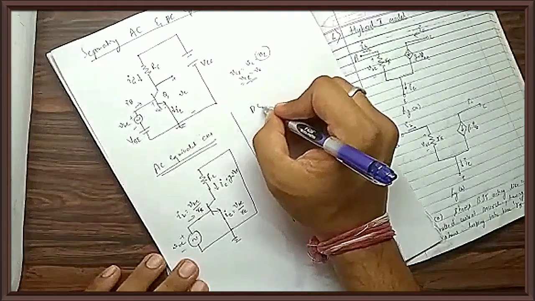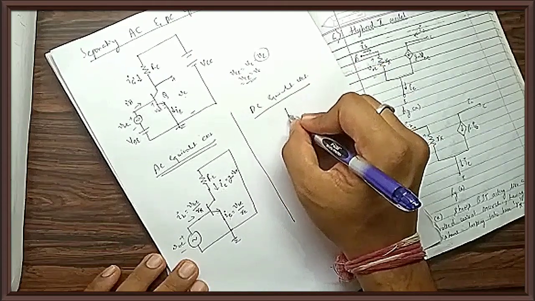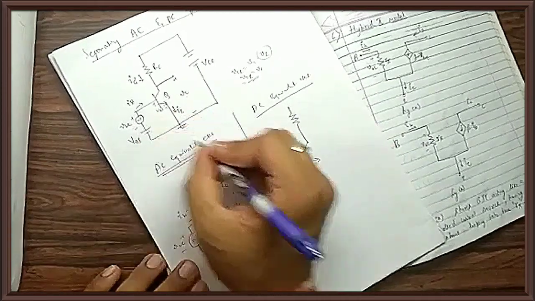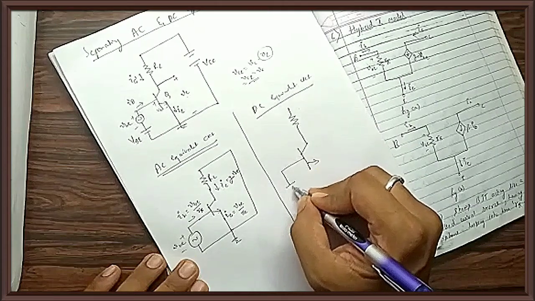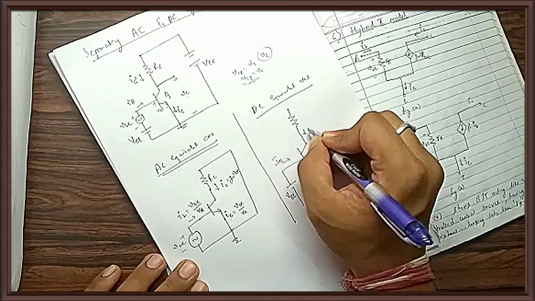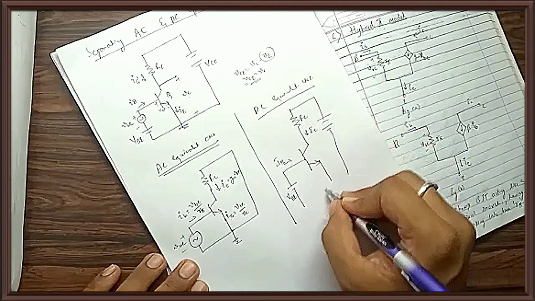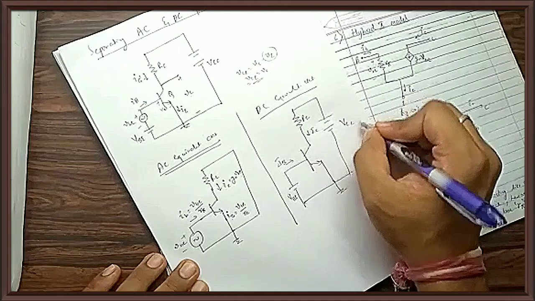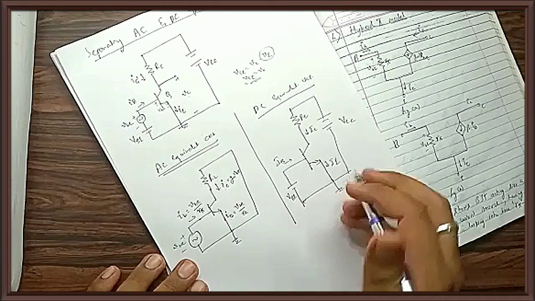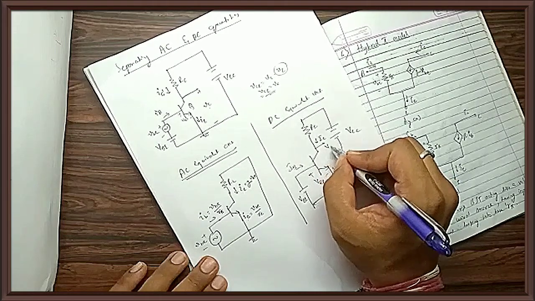Now I will try drawing the DC equivalent circuit. Now I will be removing the AC source by short circuit. My circuit should have only pure DC. This one will be capital VB. The current flowing will be capital IB. Here the current flowing will be capital IC. This is my RC. I am having the supply voltage here. The supply voltage is what? It is VCC, and the current flowing here will be capital IE. So this will be my DC equivalent circuit, and the voltage available here will be plus or minus capital VBE, and this voltage will be as usual capital VC.